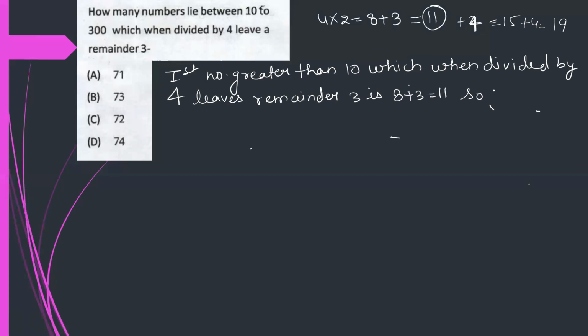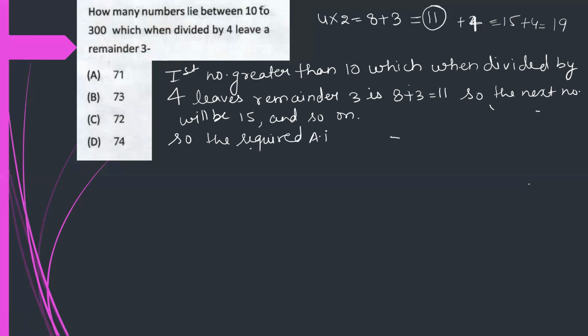So the next number will be 15, and so on. So the required